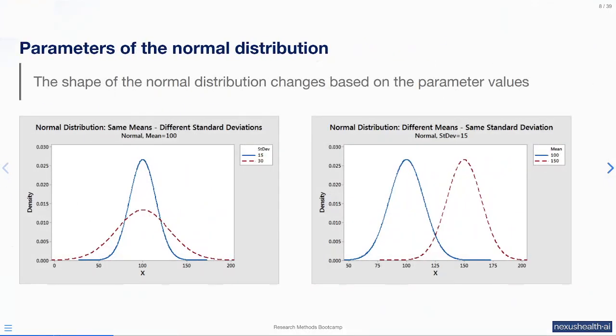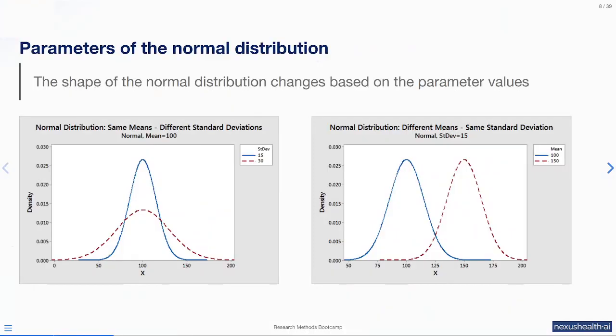The shape of the normal distribution changes based on the parameter value. Thus, we compare these 2 normal distributions. They both have the same means, right? That's on the left side, we see the normal distribution for 2 different standard deviations. So the mean is the same, it's 100, but the standard deviation varies. So the blue curve has a standard deviation of 15, while the red dashed curve has a standard deviation of 30. And as you can see, that influences the peakedness or how tall the distribution is,